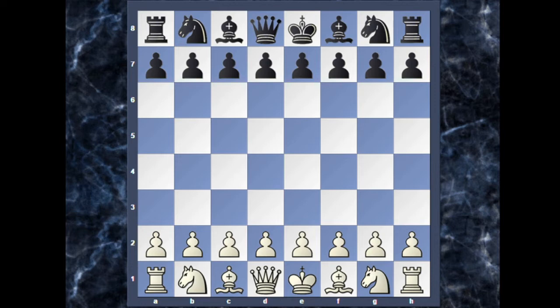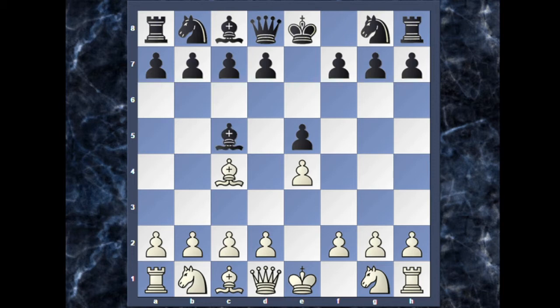Today in this video we will look at some traps that can be played in the Bishop's Opening, which starts with e4, e5, bishop to c4 and bishop to c5. So now white plays c3, black continues with knight to c6, d4, and